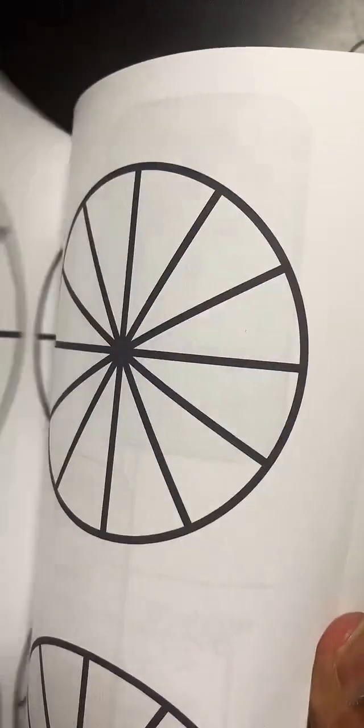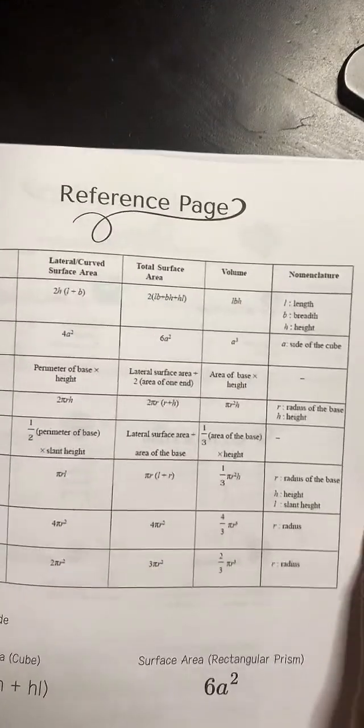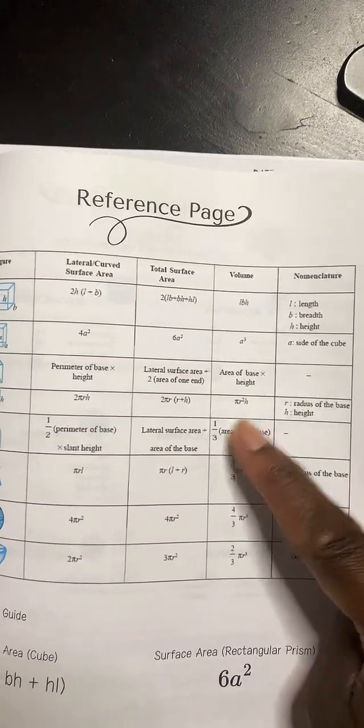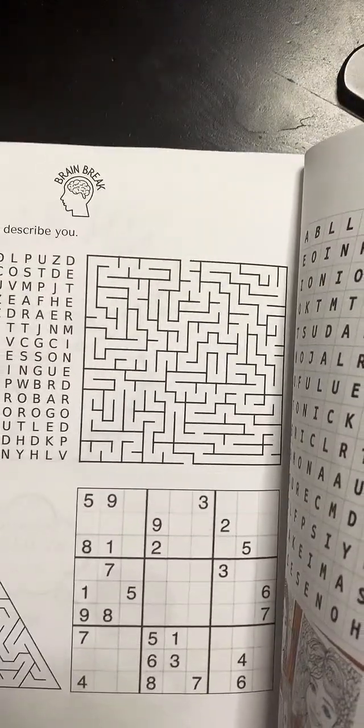And then we have all the other resources: conversion, order of operations, area and perimeter, and then we have volume and surface area. These are the most common ones that they use at that age group, as well as word problems. And then they have their same little brain breaks, a little bit different from the other ones,